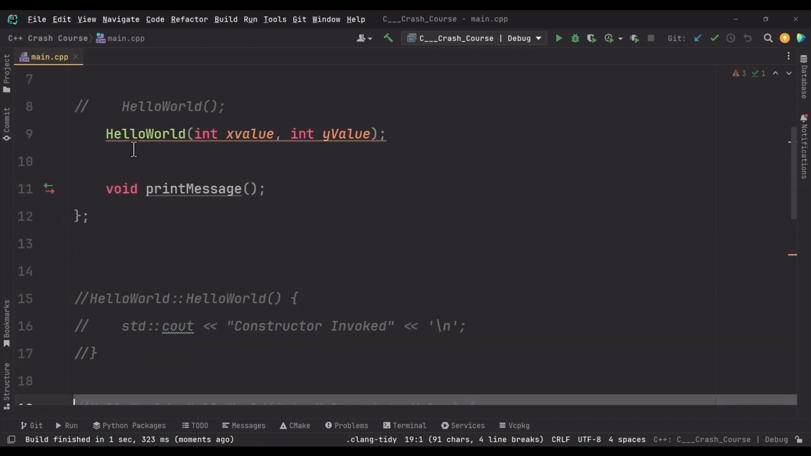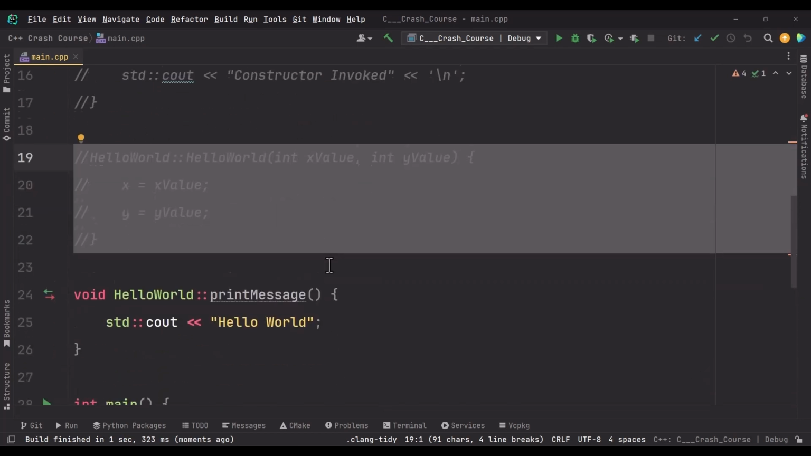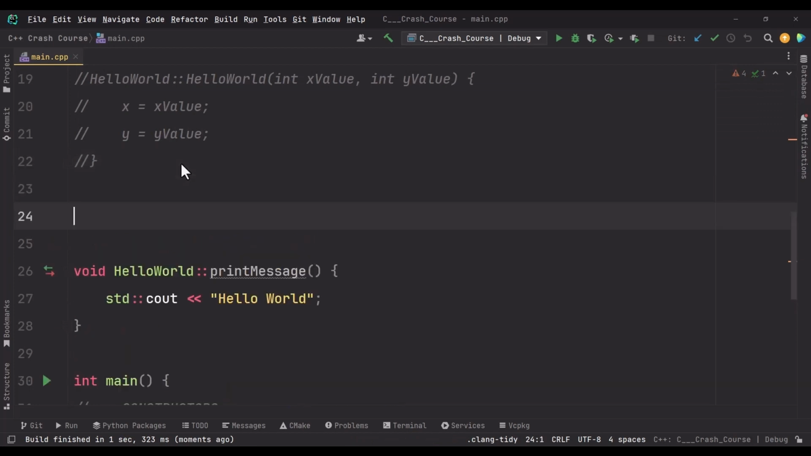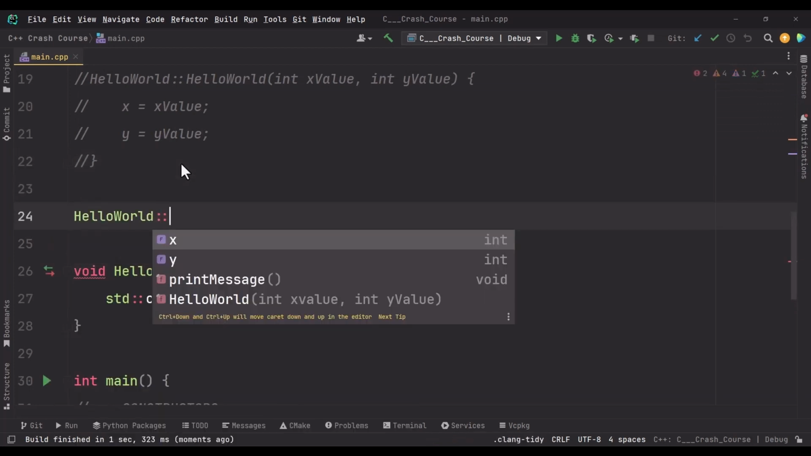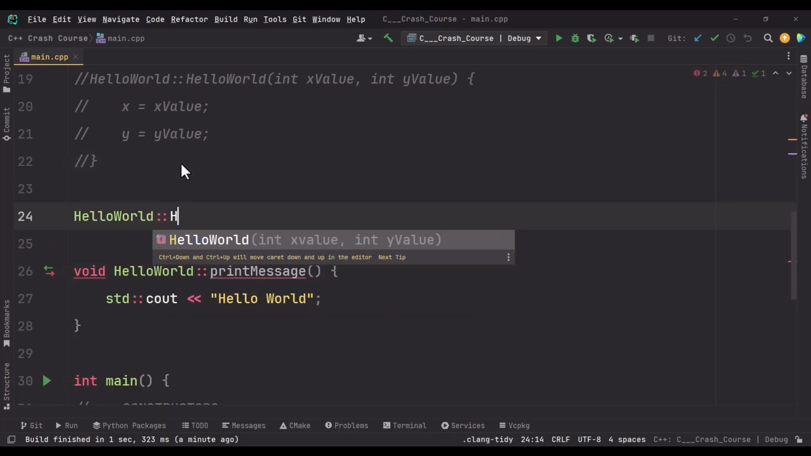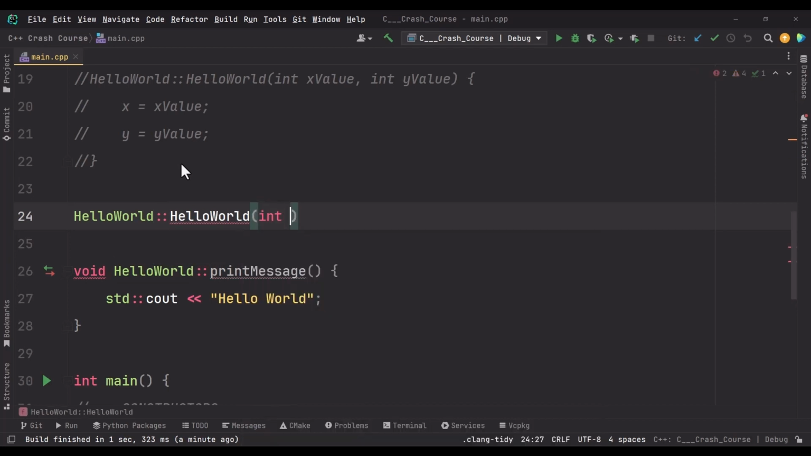So we have this constructor declared over here. In order to initialize it, you still write the name of the class using the scope resolution operator, the name of the constructor, Hello. I'll not use the autocomplete. Let me type it out for you to see. Hello world. In the parentheses, we have the int x value, then comma, we have another integer y value, and then the